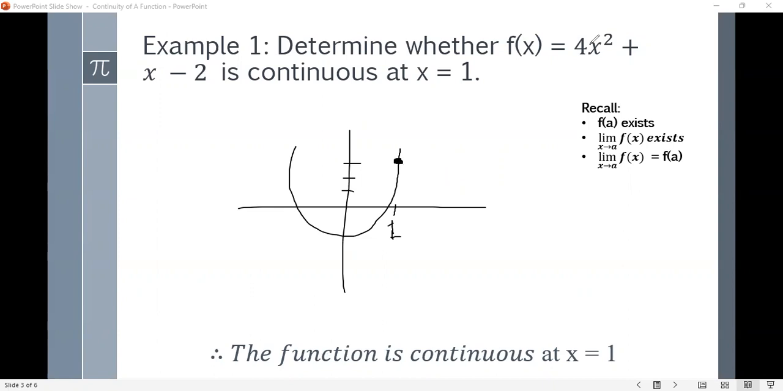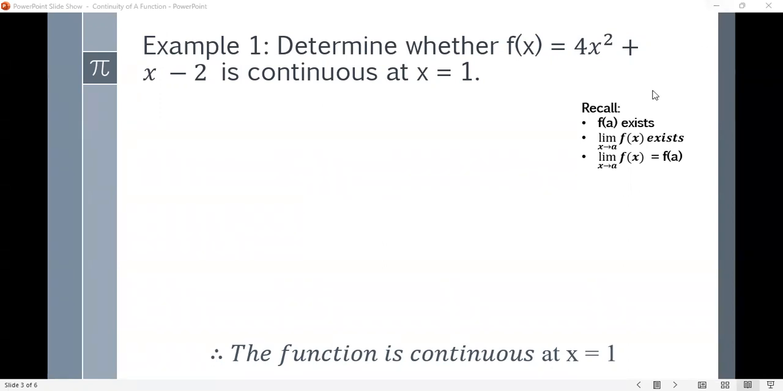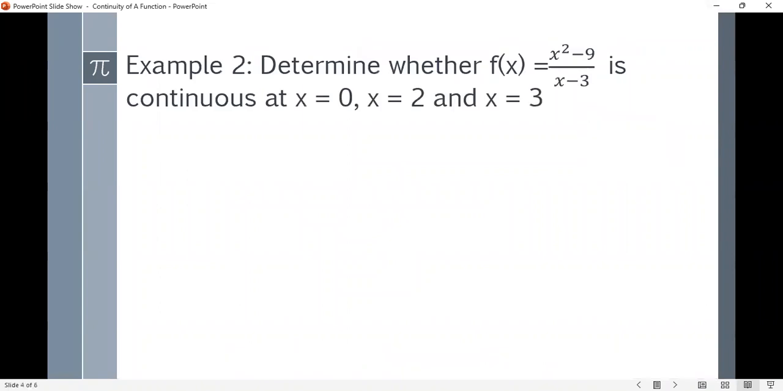May questions po ba? So, continue tayo sa next example or proceed tayo. For the example number 2, determine whether the f of x is equals to x squared minus 9 over x minus 3 is continuous at x is equals to 0, x is equals to 2, and x is equals to 3. So, try mo natin